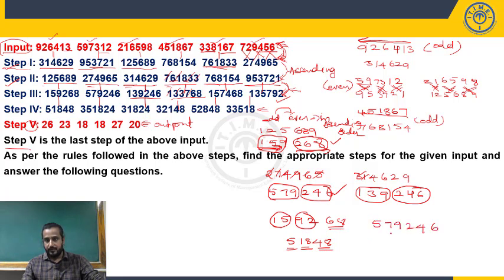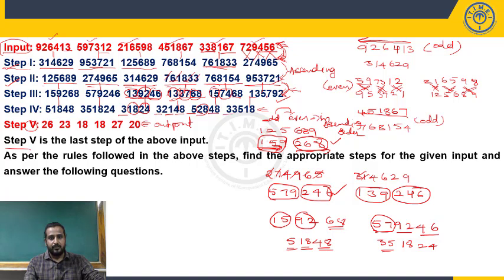579246. So 5 sevens 35, 9 twos 18, 4 sixes 24. So a set of 2 digits got multiplied to get the number. Consecutive digits: 5 sevens 35, 9 twos 18, 4 sixes 24. Similarly, 1 3 is a 3, 9 2 is a 18, 4 6 is 24. Perfectly matching. Again, 1 3 is a 3, 3 7 is a 21, 6 8 is a 48, 1 5 is a 5, 7 4 is a 28, 6 8 is a 48.